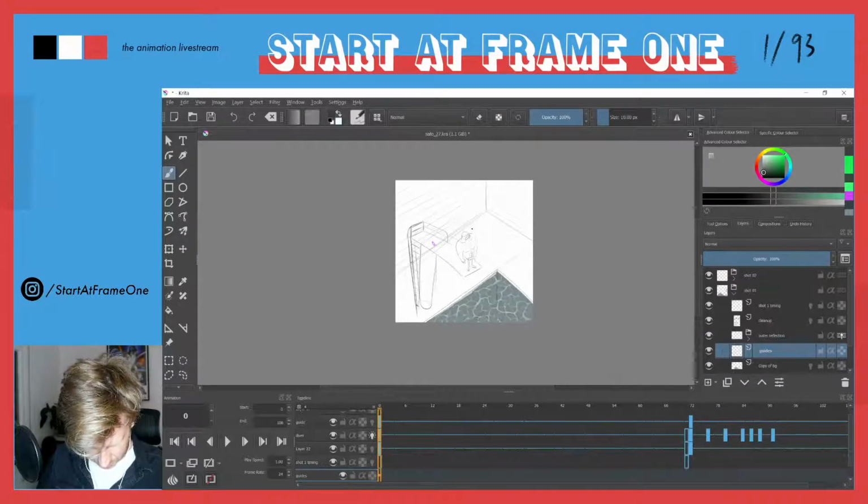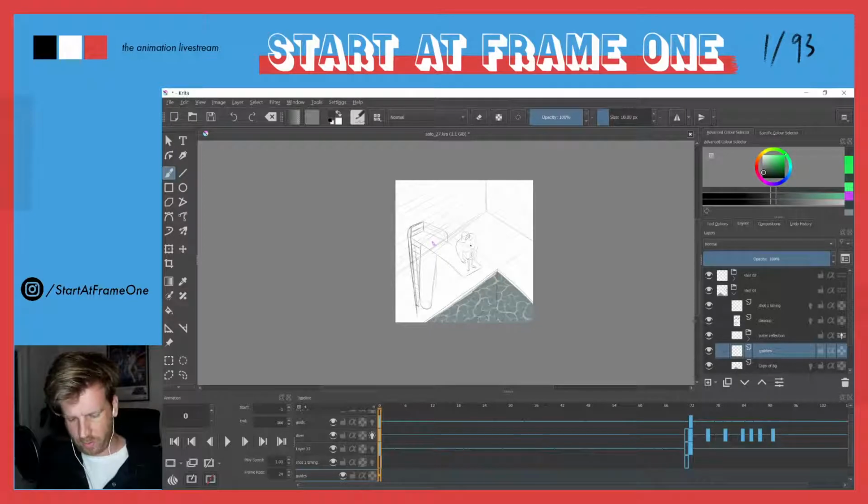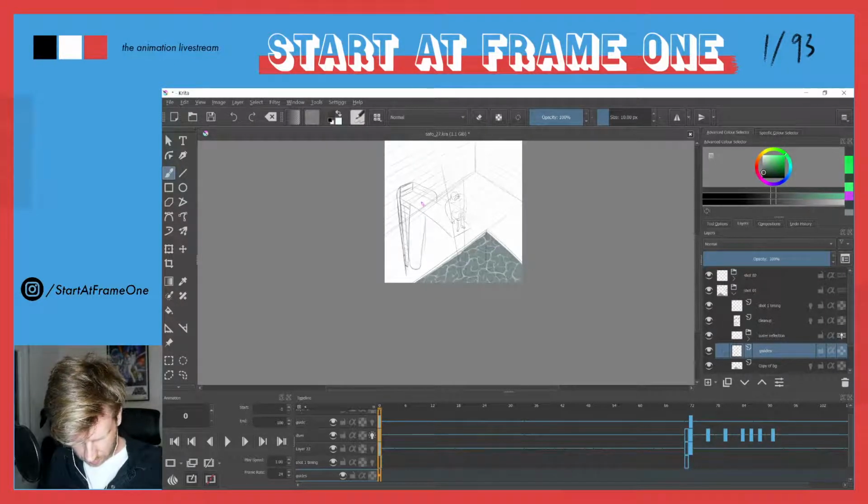Also, one thing that is quite helpful in Adobe, the more and more I work with Krita, I never really liked Adobe Animate, but I understand why they put in certain things, such as being able to draw outside the canvas. Because right now I would like to establish the perspective, and I feel like perspective point one is actually somewhere around here, and it will be difficult